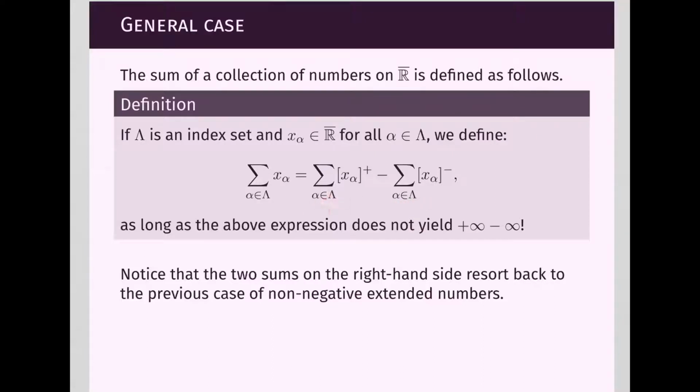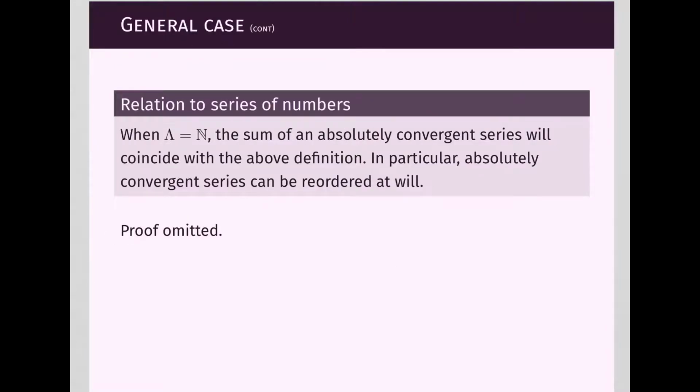Once they are defined, we can compute their difference. So here we compute their difference. This is, of course, as long as the above expression does not give plus infinity. So as long as these two sums are not both infinite, we can compute this difference, and we can call that the sum of these numbers. Now, if our